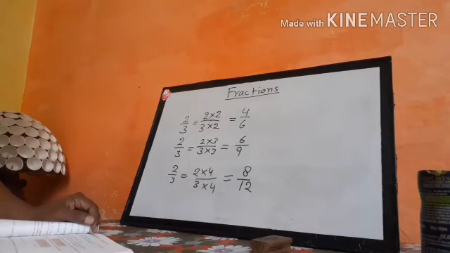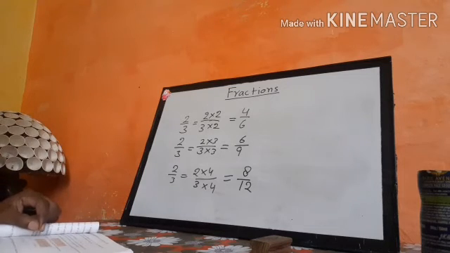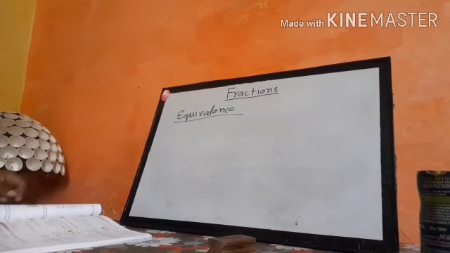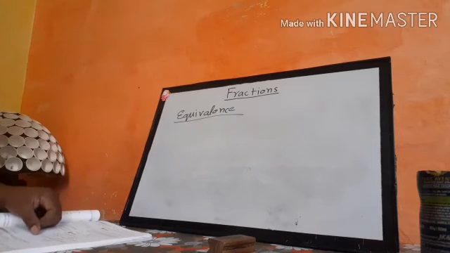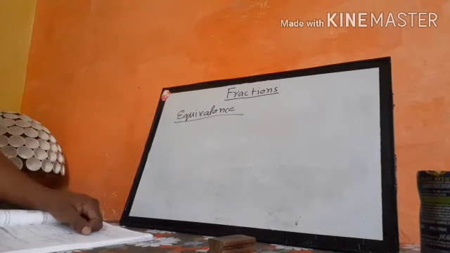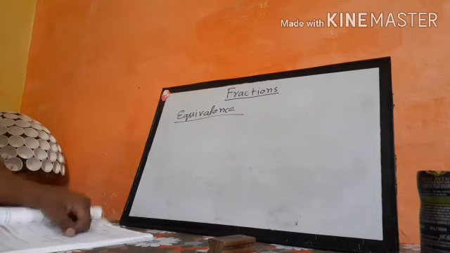So guys, one more topic is left. Today's video is going long, but don't worry beta, we must finish this topic by today. That is the comparison of fractions. Some fractions can be equivalent and some cannot be. So how do we now know the equivalency of fractions? Means which is smaller, which is greater, which is equal to each other. So there is a simple rule.